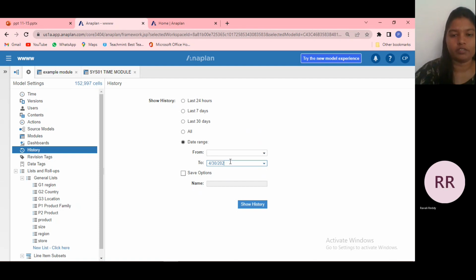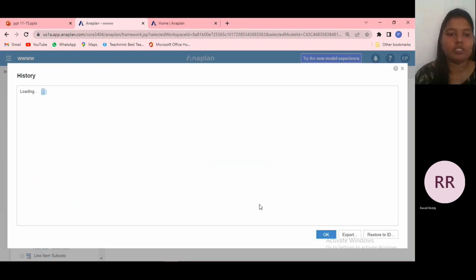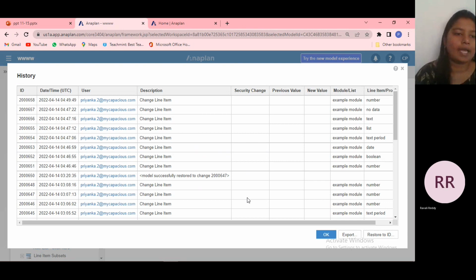Here we have the save options, and clicking on this, we can save the options with the name model history.txt. As of now, I want to see the history of the last 24 hours. I'm clicking on this option, and I'm removing this save options, and here I'm clicking on show history. The history is seen here, and this is the ID